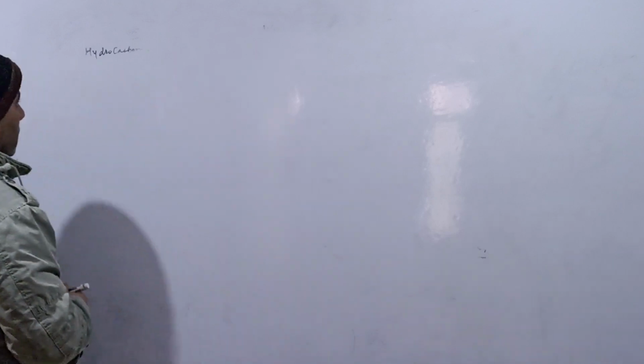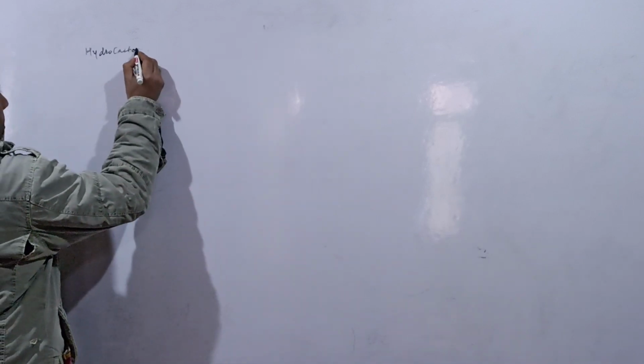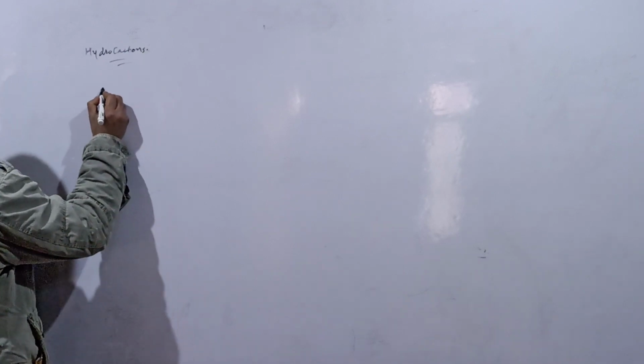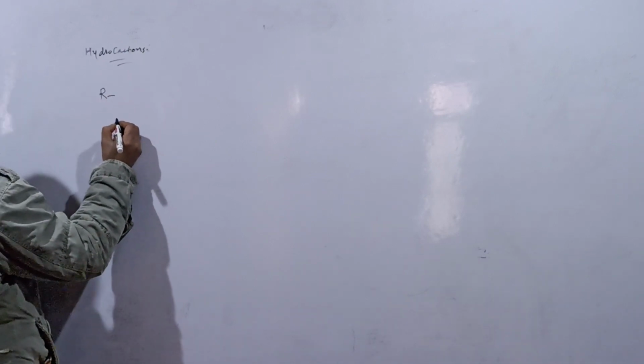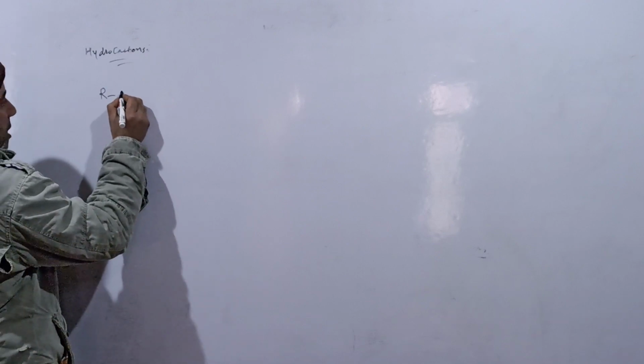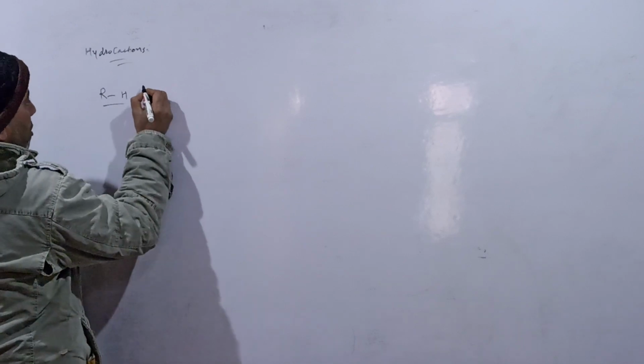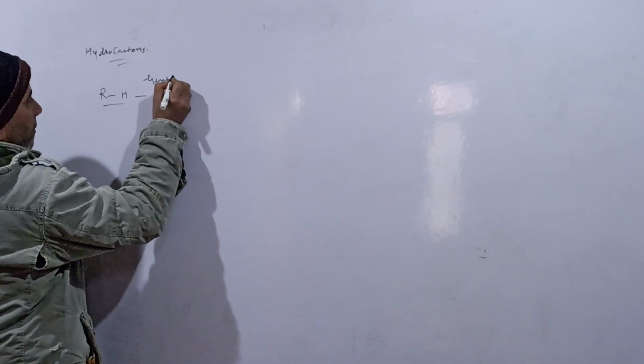This is hydrocarbons. Then R with a single bond is generally an alkyl. Let's suppose we add H to this carbon atom, and this will become the general representation